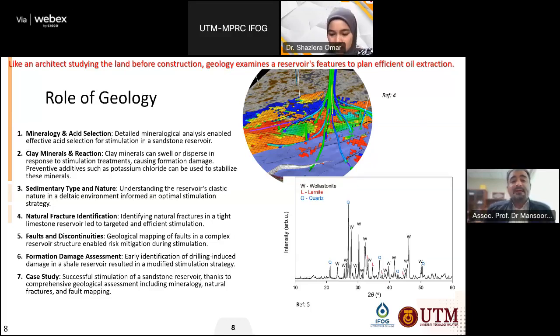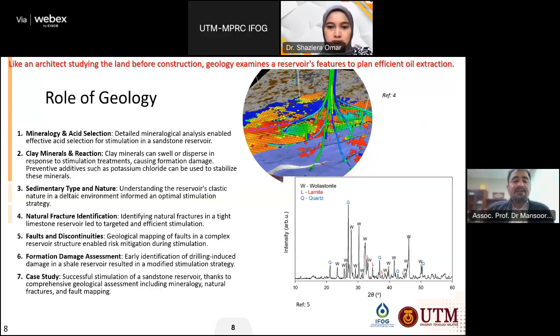So clay minerals also can present a significant challenge. These minerals can swell or disperse in response to stimulation treatment, leading to formation damage. However, geologists can identify the presence of these minerals and preventive additives can be introduced. One common preventive measure is the use of potassium chloride, KCl, which can stabilize clay minerals and prevent this adverse